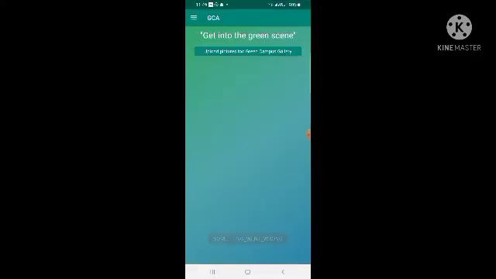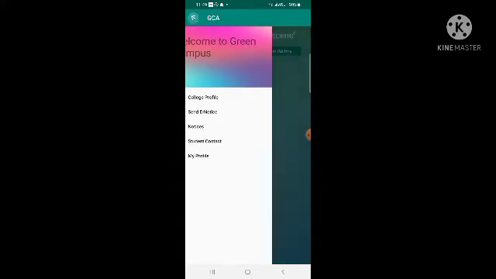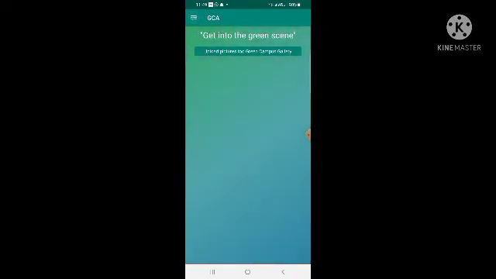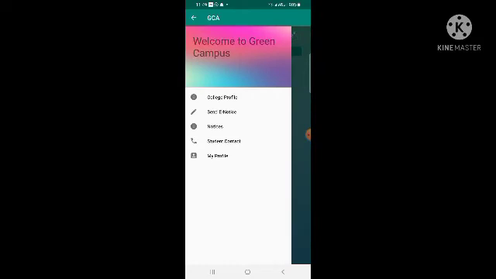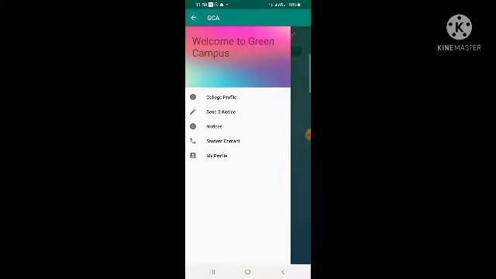Now we are logged in to the admin profile. Here we can see a change in the sidebar menu, where the admin can send e-notice, and the student contact detail, notice, and my profile sections. Let's first of all upload a green campus. No, let's